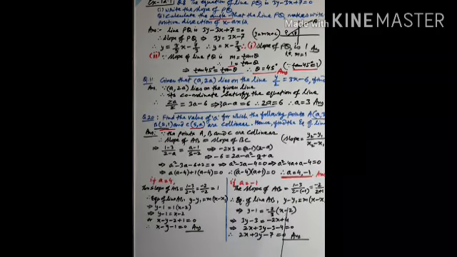Therefore the equation of line AB, again using the formula y minus y1 equal to m into (x minus x1), now place the value of m. This is the slope of the line, this is m. So here y minus 1 equal to minus 2 by 3 into (x minus 2), where m is minus 2 by 3, this is y1, this is x1. Simplify this, do cross multiplication with 3, and 3y minus 3 equal to minus 2x plus 4. Transfer all this to the left side, you will get 2x plus 3y minus 3 minus 4 equal to 0. Therefore 2x plus 3y minus 7 equal to 0.